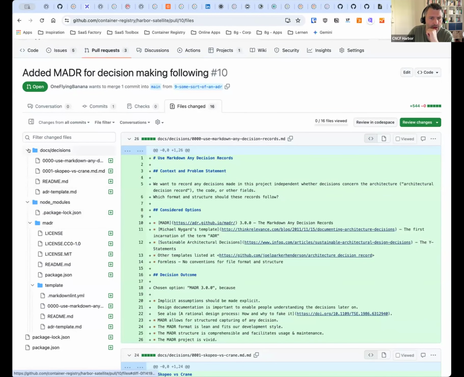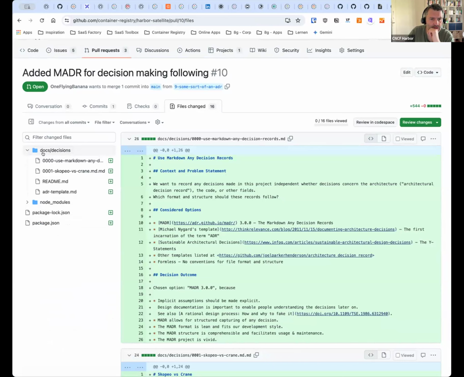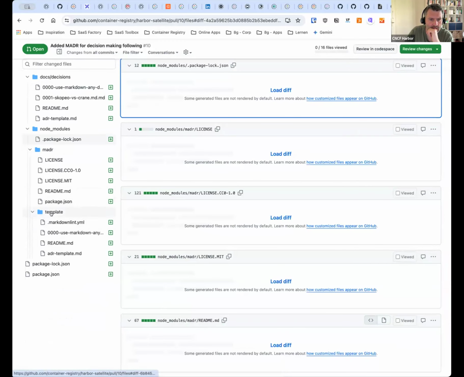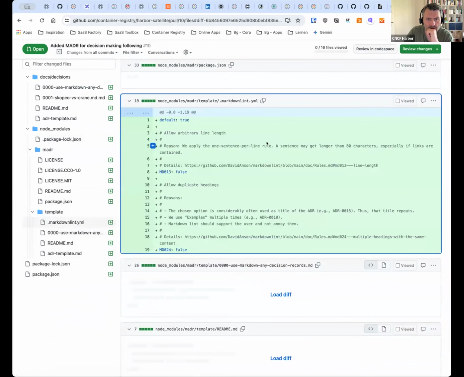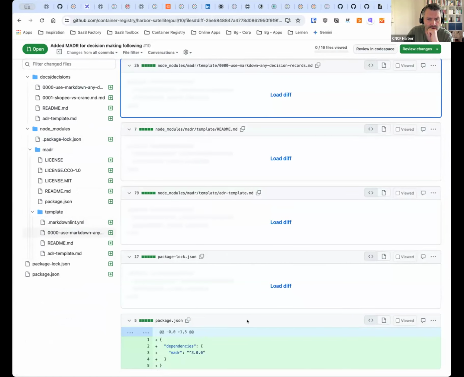Okay, right. So we have the structure as following. We have the decisions, the node modules, because it's a JavaScript thingy probably, right? We have the templates, which is the markdown template for markdown lint. All right, this is the template for